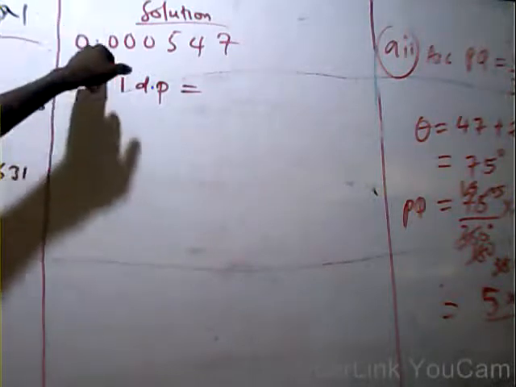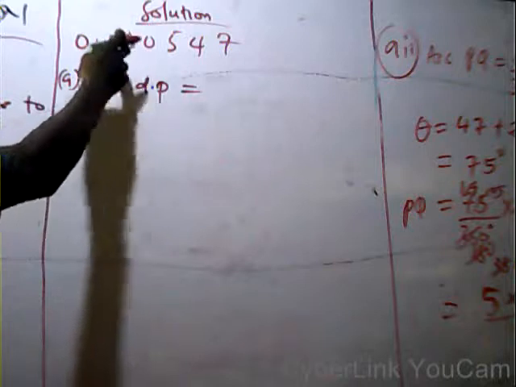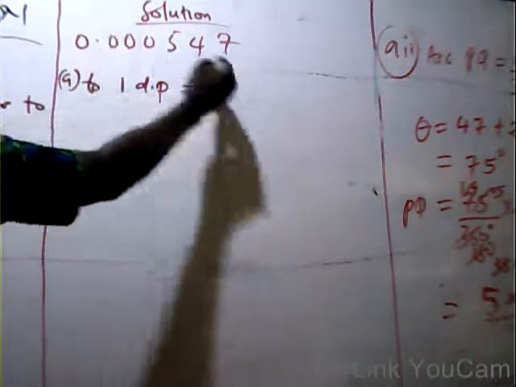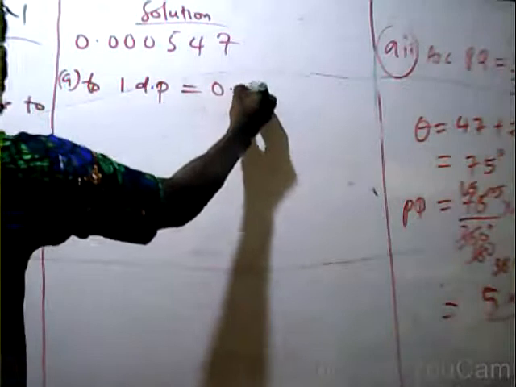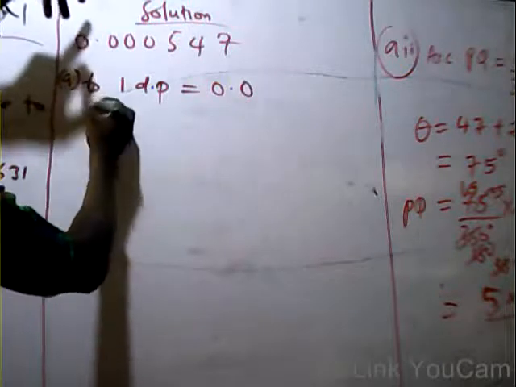So it is not decimal figure, it is decimal places. Which means that anything you see after that decimal should be counted. So if you want to consider this to 1 decimal place, it should be 0.0. Are you getting that? Because we have this 0. To 2 decimal places also,